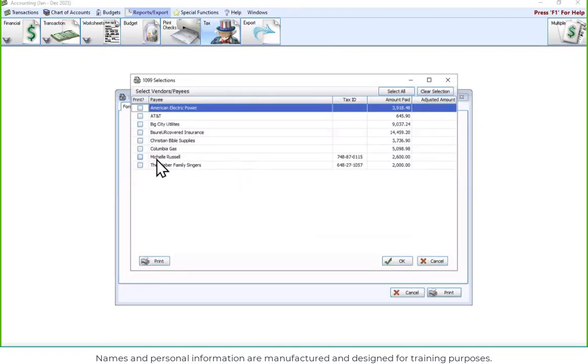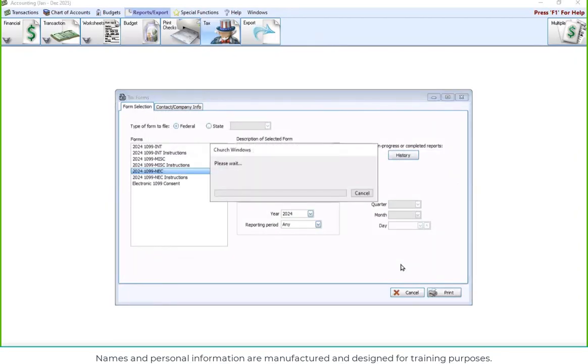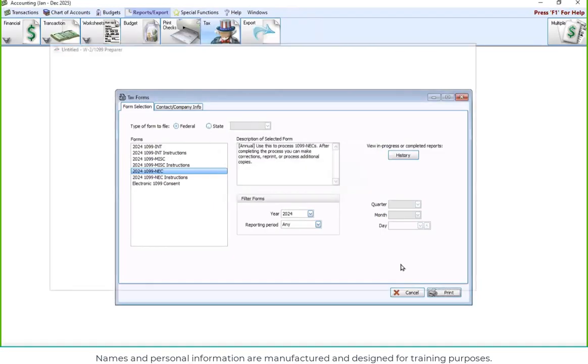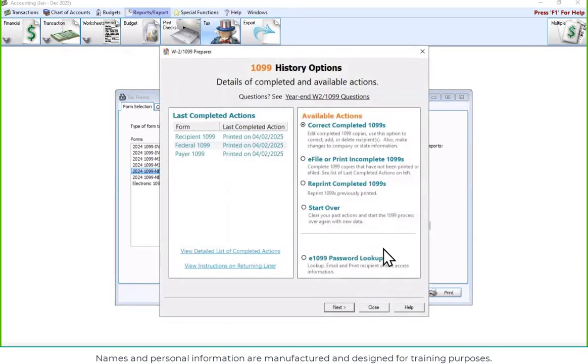I'm going to pick my contractor that I had paid through payroll and click OK. It brings up the same exact window, same page, okay? So again, they are really good at knowing when and where we process the forms. All right. So one of the things that I was going to, I skipped over that and I got ahead